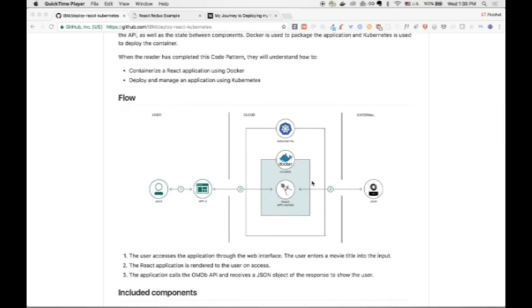So as a user, they go to this application's UI. Specifically, it's using an API to get movie information. So the user enters a movie's title. It goes to that React application, which then calls the API request, and a JSON object gets returned back to the user. And as you can see, we containerize the application using Docker and then deploy that containerized application